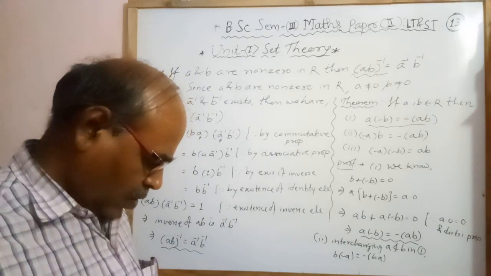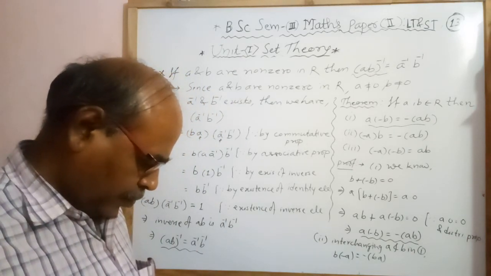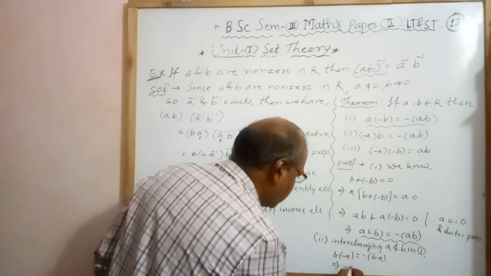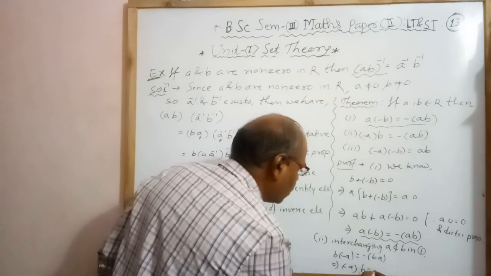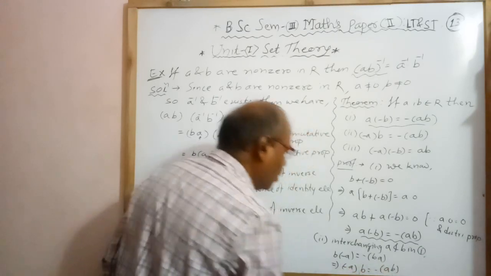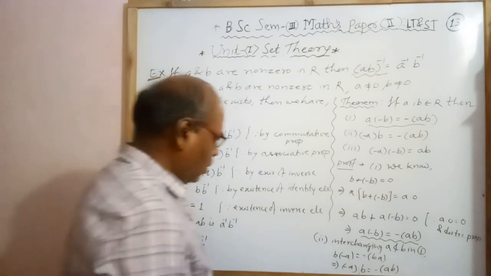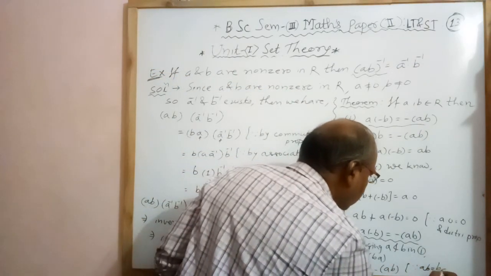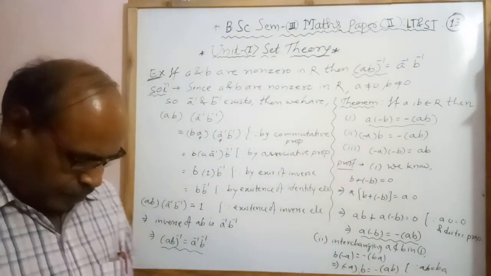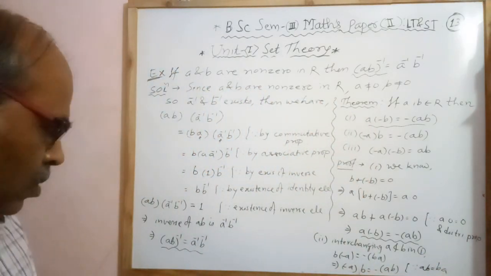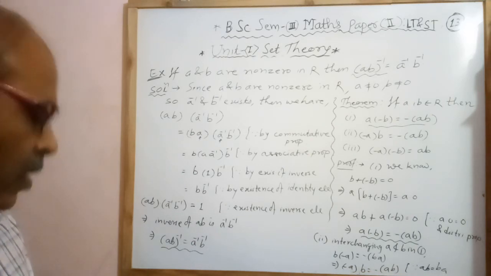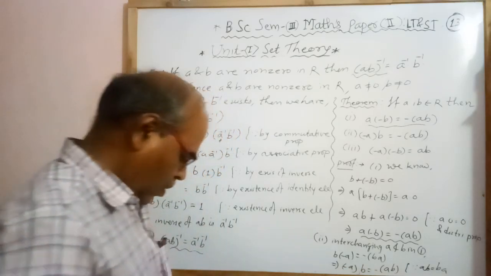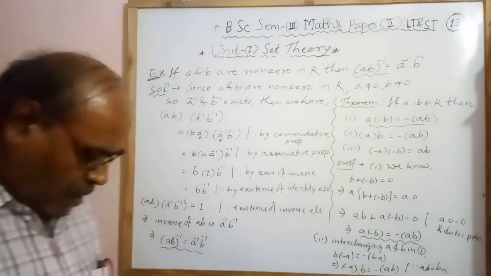Again, AB equal to BA by commutative property, we interchange. Minus A into B equal to minus AB, since AB equal to BA by commutative property. Therefore we prove the second, minus A into B equal to minus of AB. Now replacing B by minus B into